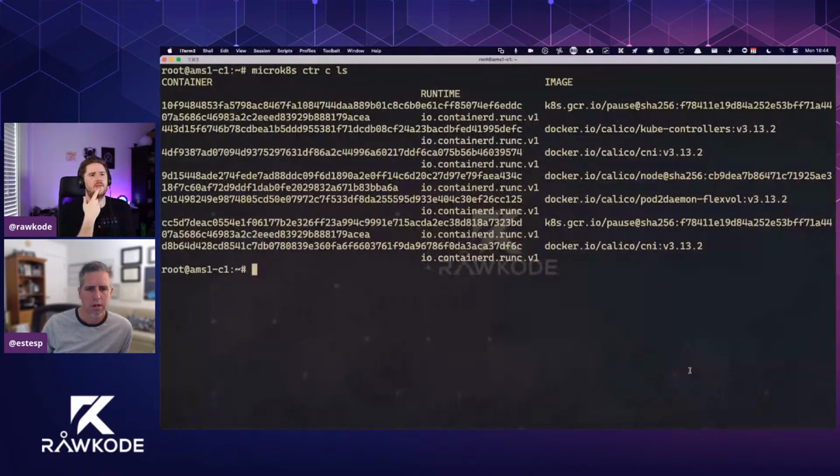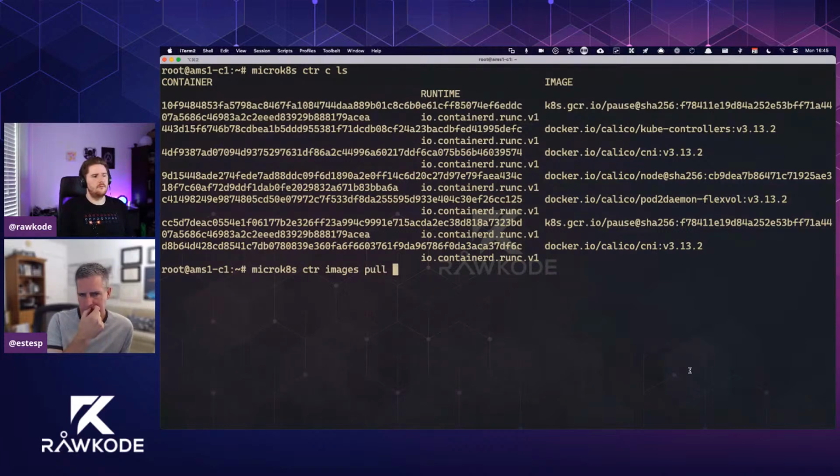Okay, perfect. To show the pull and run scenario, we can do ctr images pull. The only difference from Docker is that you need to fully specify the image.